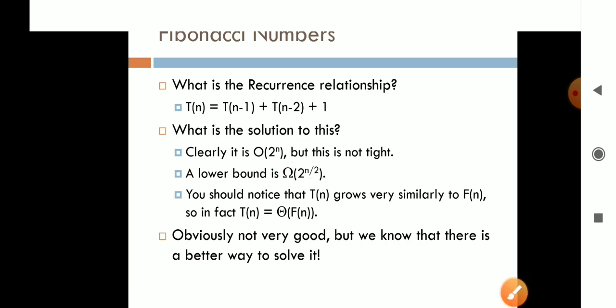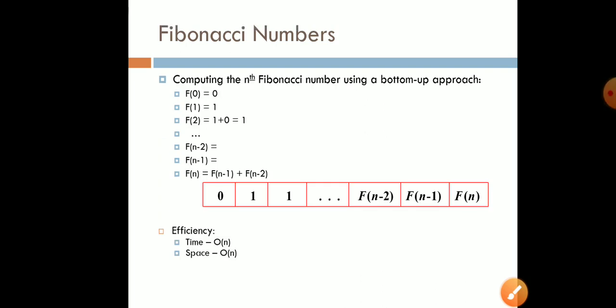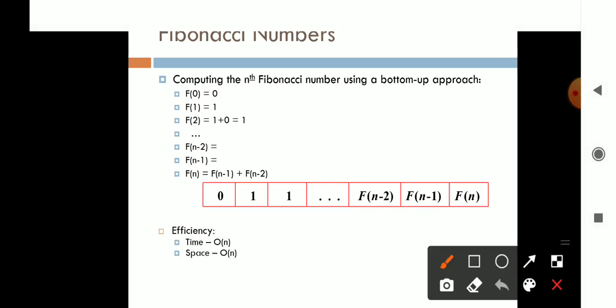So what we are going for? We are going for the next solution of this Fibonacci series, and it will use the bottom-up approach. Now what is meant by bottom up approach here? We know that it is fixed, that here if it is f of 0, then we will have the number 0. If we will have f of 1, it will have the number 1. And if we go for f of 2, it will always have the value 1. If we go for the next number, here we will have 2. If we go for the next number, it will have the value 3.